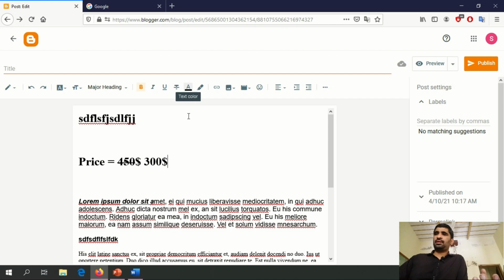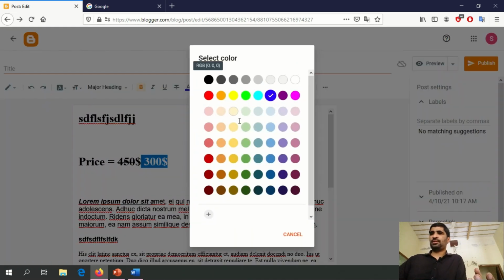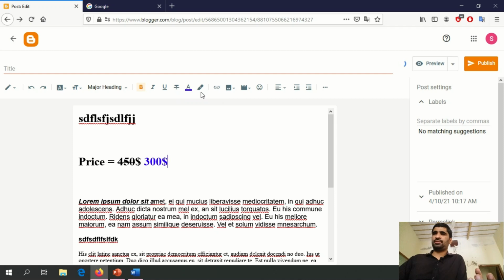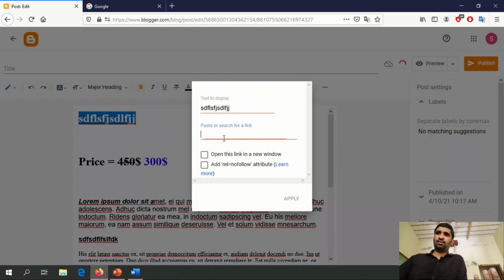This is the color of the text: simply select the text and then select any color. This is the text background, and this is to insert a link. Simply select the text where you want any kind of link. For instance, I am inserting Google here.